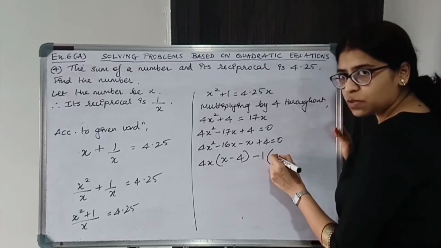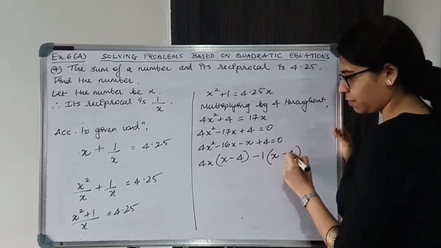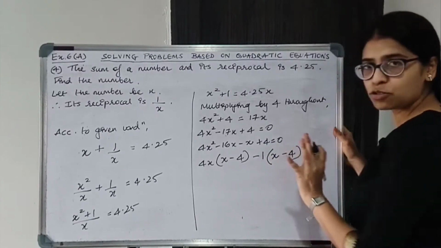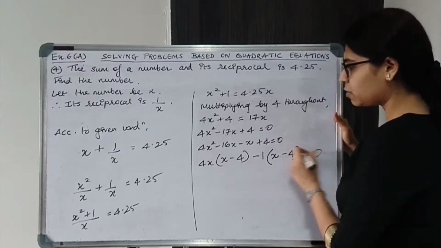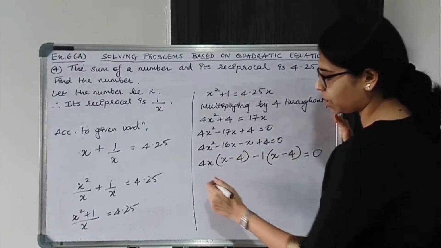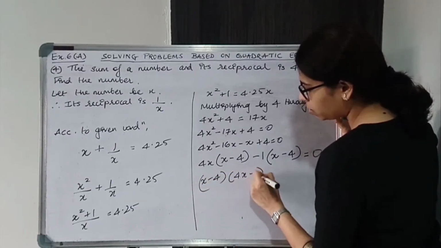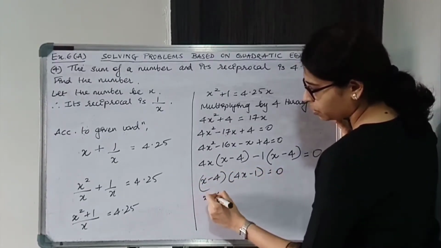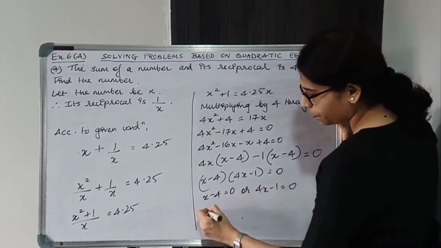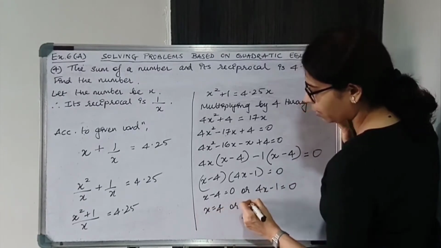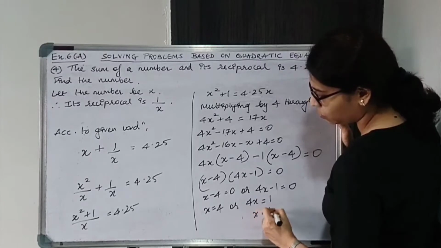Over here the signs will change, x will become positive and 4 will become negative. Basically we wanted this to be negative, इसलिए हम लोग ने minus बाहर लिया. Okay, because brackets should be same, you should get same brackets. So x minus 4 into 4x minus 1 is equal to 0. So x minus 4 is equal to 0, or 4x minus 1 is equal to 0. So x is equal to 4, or 4x is equal to 1, that is x is equal to 1 by 4.